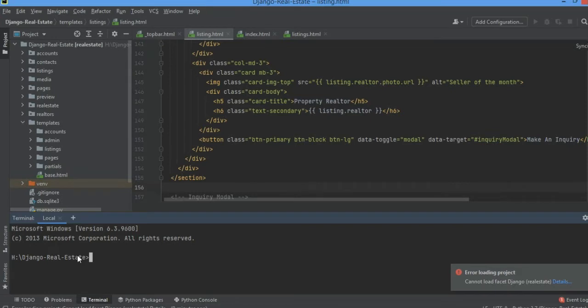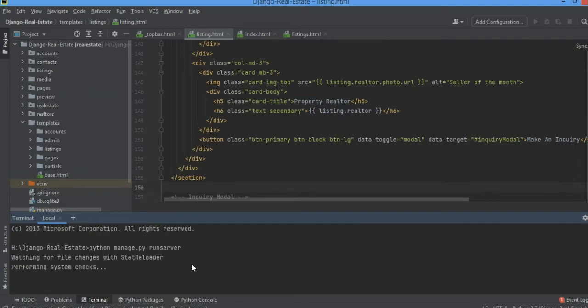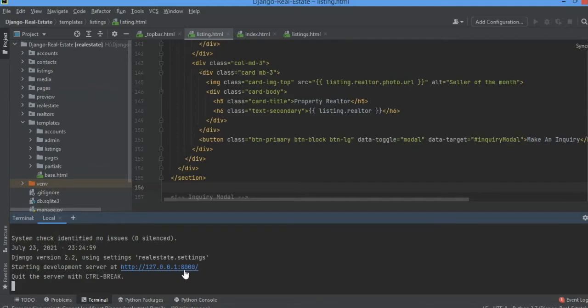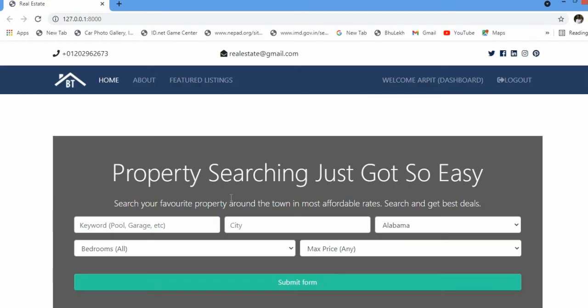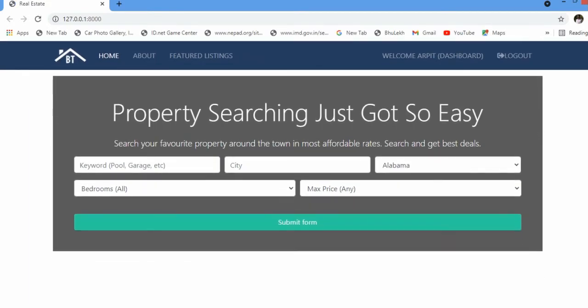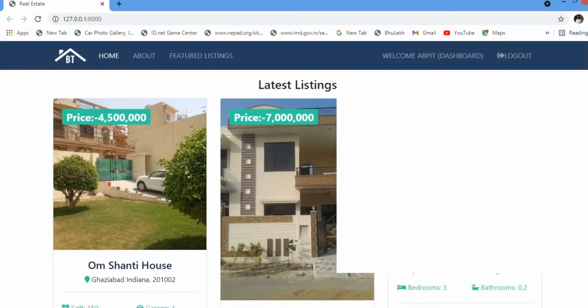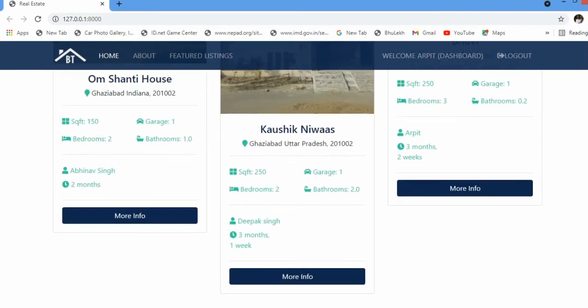First we load our project in PyCharm, then we simply run the server to load our website, and by this command we will get the link for the website. And this is our real estate website, and here come the listings.